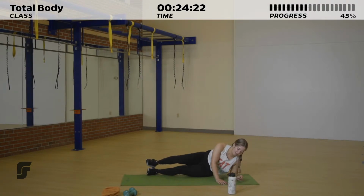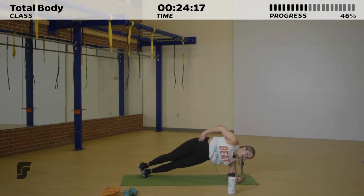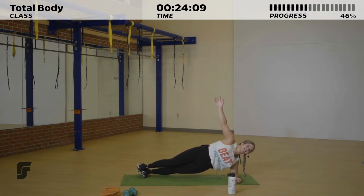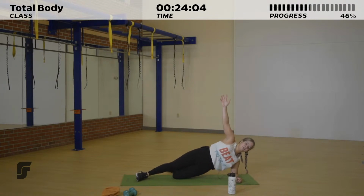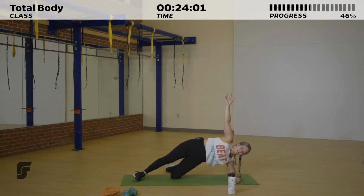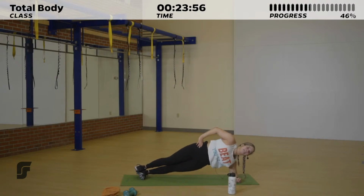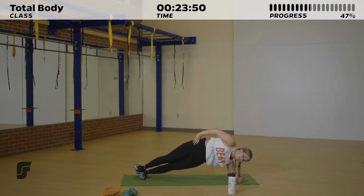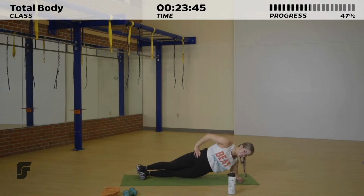I'm on that left side now. Gonna bring it up, hand on my hip, bringing that hip to the ground and pushing it to the ceiling. Option here to add the hand up, reaching for the sky to take up that intensity a little bit. Or like I said, if you want to lower that intensity, bend that bottom leg, using it for some extra stability. Reaching that hip up, squeezing your obliques, those side abs, on every single repetition for 10. In 5,